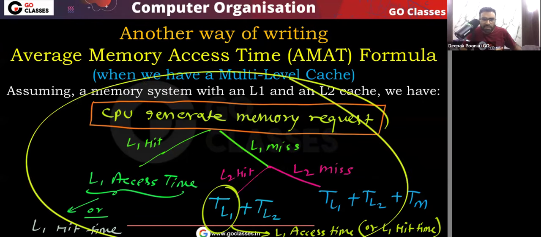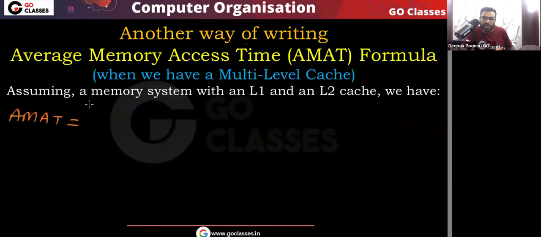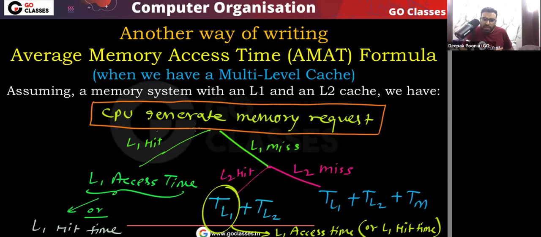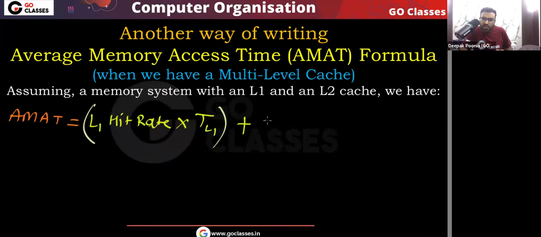So this tree diagram, let's convert into a formula. That will be another way of writing the average memory access time formula. What is that? That is L1 hit rate multiplied by L1 access time. You can see L1 hit rate multiplied by L1 hit time, or I can say L1 access time, TL1, plus this. Because remember, you can see in this tree diagram, L1 hit rate applies when there is an L1 hit. So I can say L1 hit rate multiplied by L1 access time, plus